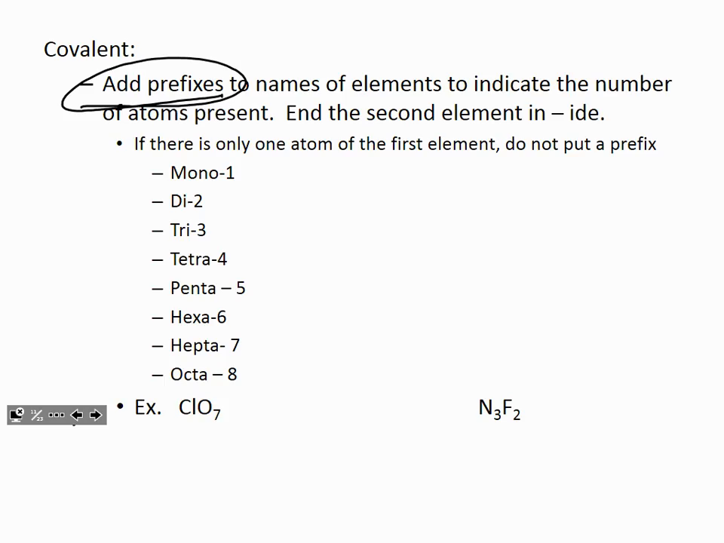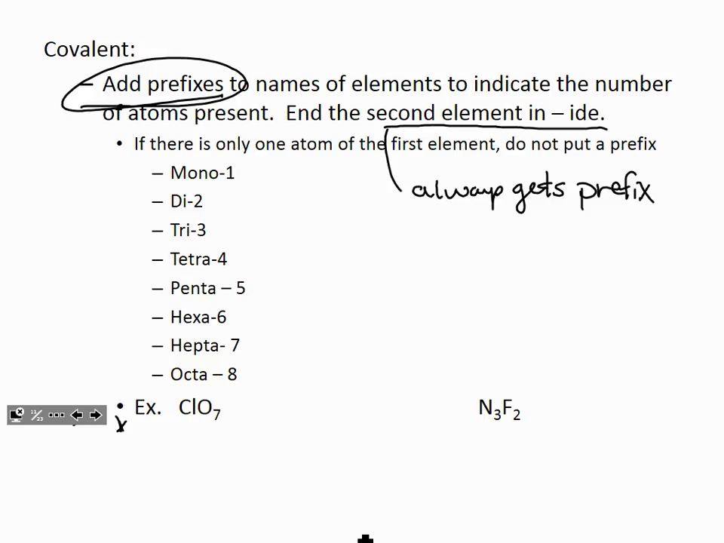Let's look at the covalent compounds first. Remember that the second element will always end in "ide." The second element also always gets a prefix. The first element never gets a prefix if that prefix is the prefix for one, mono. So you can see down here on the examples,